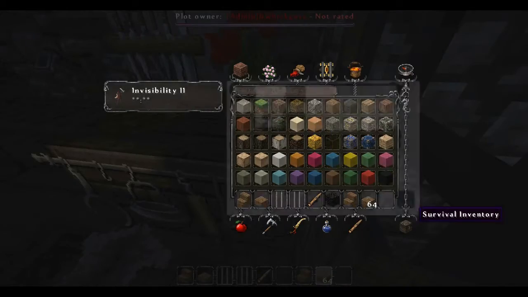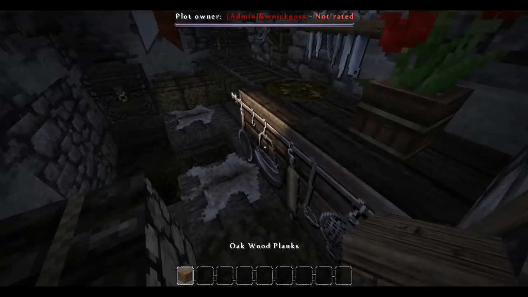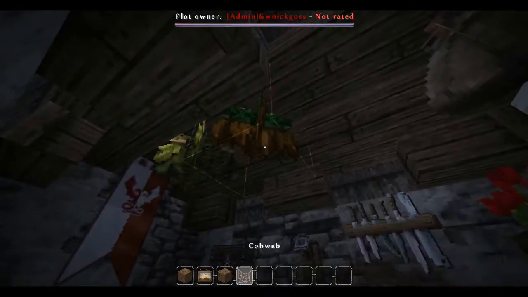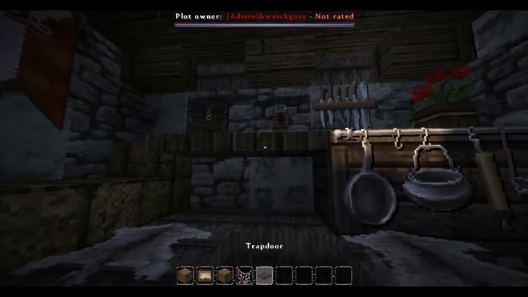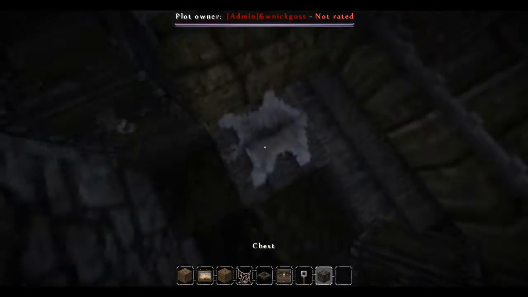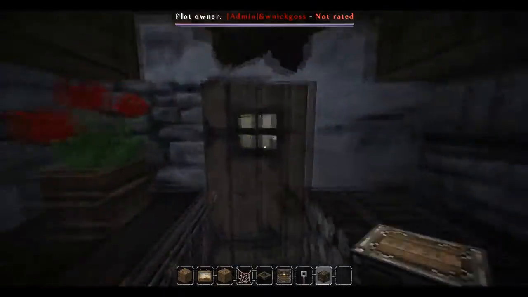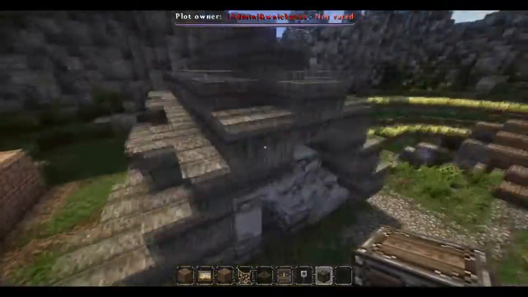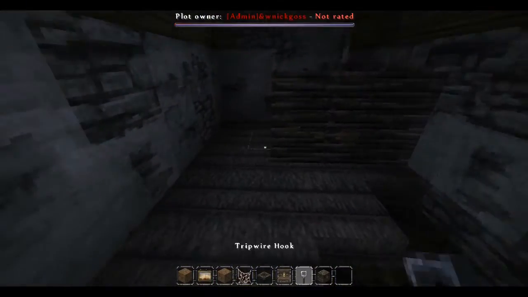So we want to first clear that. We want some paintings, some wood, we need some hanging stuff, some trapdoor shelving's always good, a couple of these items, a chest. Yeah, it's a decent start. So let's see, what can we do? We want to have